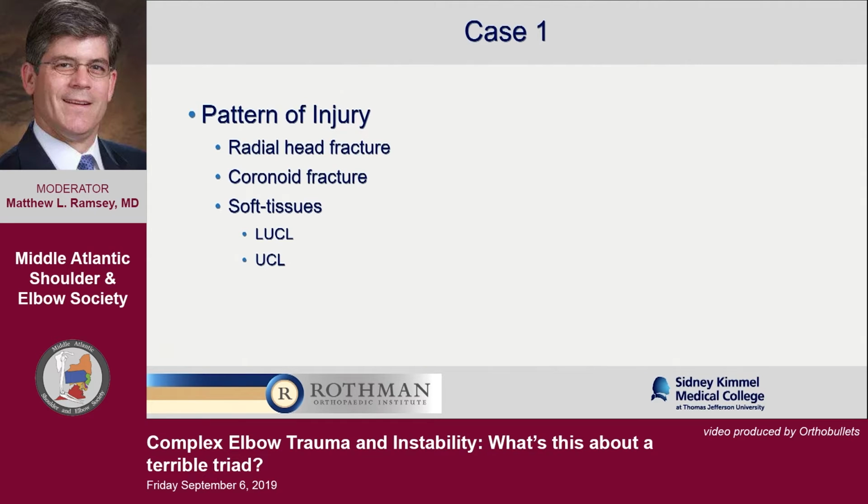On the table, you put the radial head in and then you study it. And if the ulnar humeral joint is stable down to about 30 degrees of extension, I would probably finesse it because it's going to scar in and be stable. If it's not stable at that point, then it'll need to be fixed. In my opinion, if that's the case, you can fix it through the lateral side before you put the radial